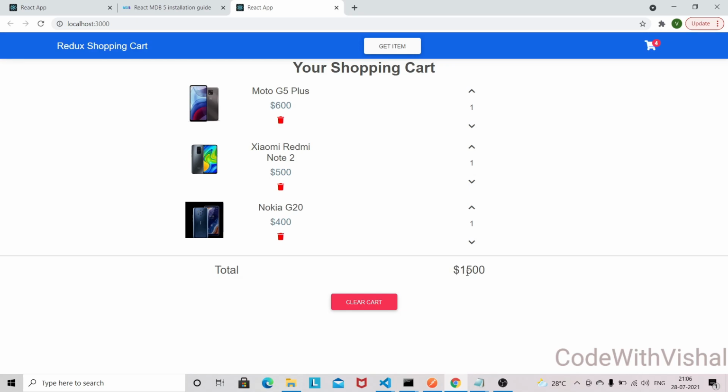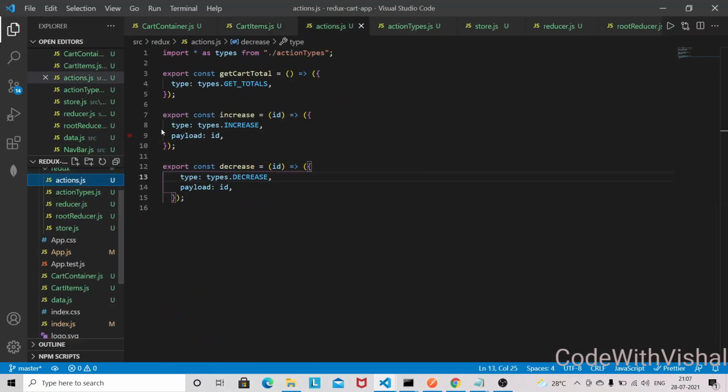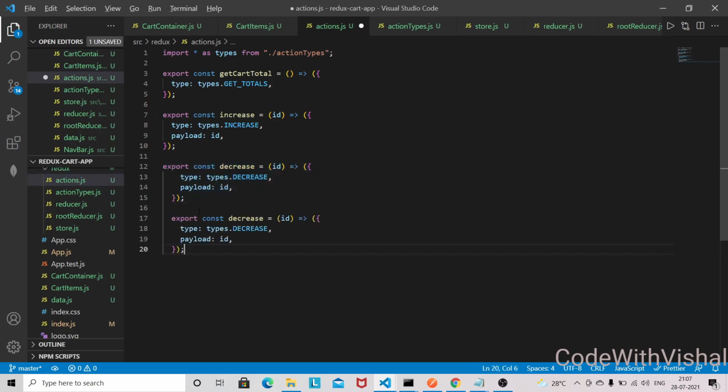So we have performed increase quantity and decrease quantity. Now we have to perform this one as well if we want to remove the entire item from the cart. So let's work on that one as well. Here I'm again going to copy this one, and this time it will have the remove.